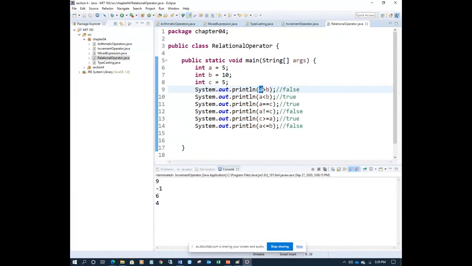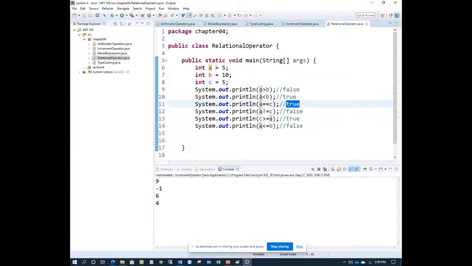Now I'm checking A greater than B. A is 5 and B is 10, not greater than, the answer is false. Comparing A less than B, 5 less than 10, yes, this is true. Then I'm checking A equal to C. A is 5 and C is also 5, so both are equal, it returns true.